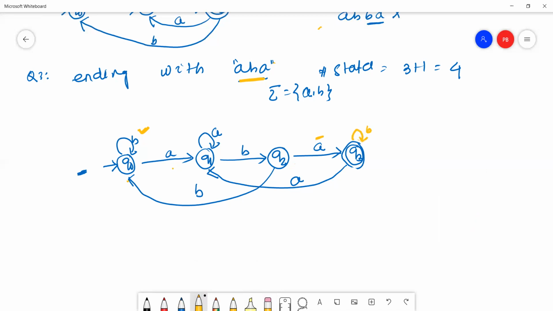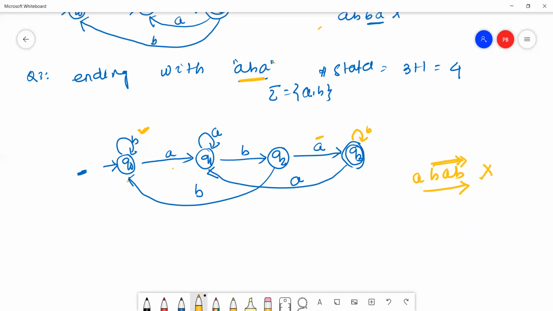Now B will stay on the Q3 state. Check: if B stays on the Q3 state, what is the problem? The DFA may generate strings like ABAB. But in ABAB, the string ends with BAB.